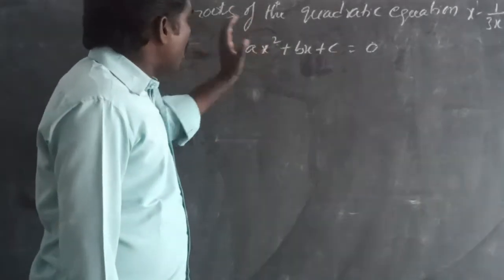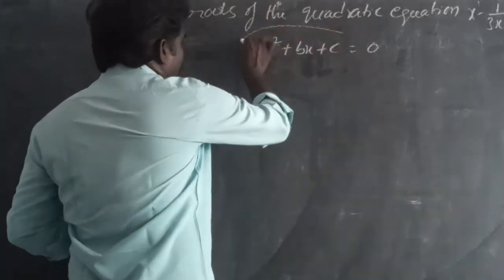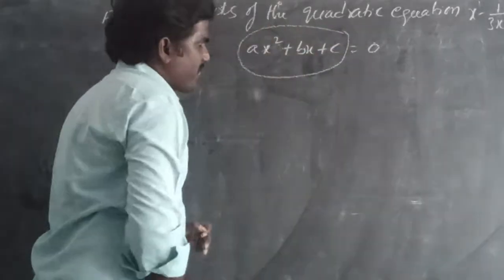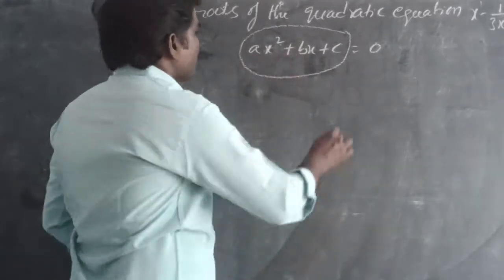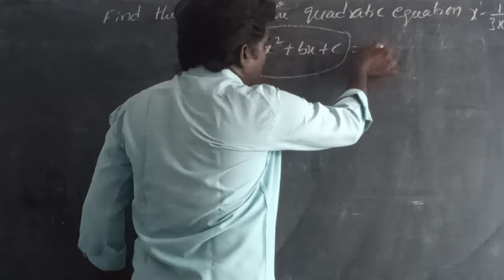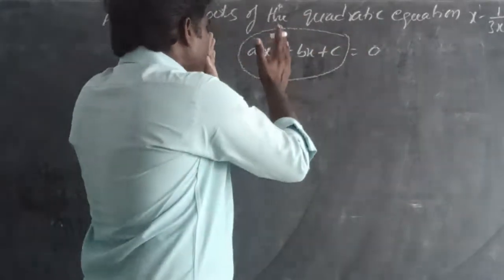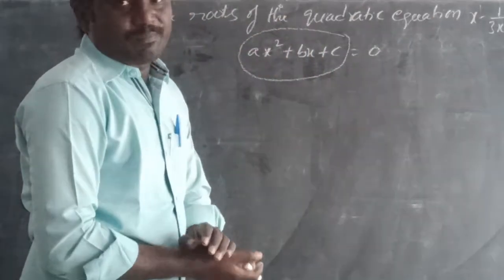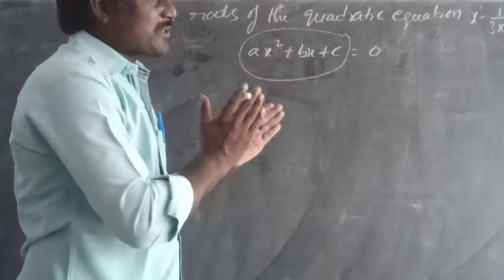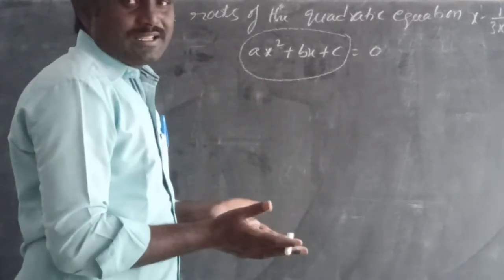is called order. The highest degree of the term is called order. So the highest degree of the terms of this expression is 2. Therefore it is called what? Quadratic expression. So this quadratic expression which is equal to 0 is called a quadratic equation, or the quadratic expression which is equal to any expression, that is called a quadratic equation. Equation means what? The expression which is equal to 0 or any two expressions that are equal is called what?